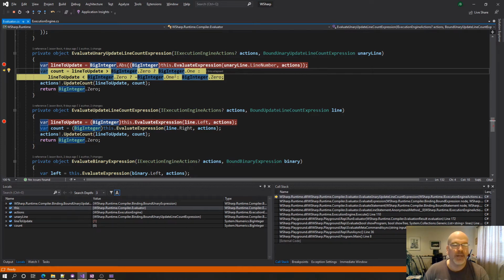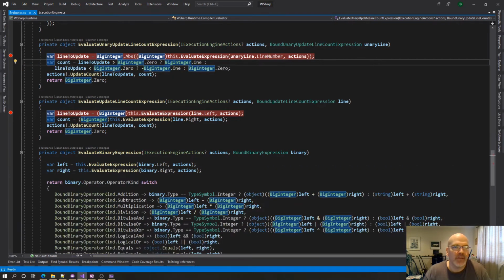And the line to up. That's it. That was it. The line to update needs the absolute value, but